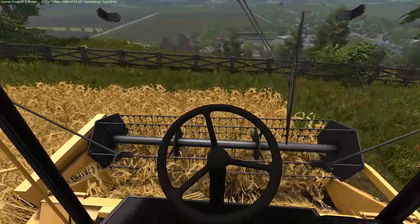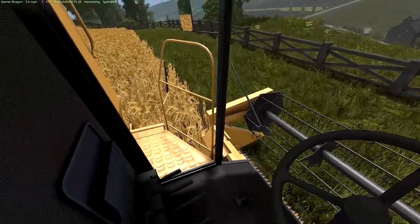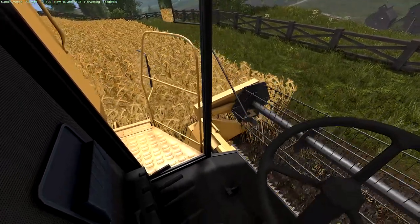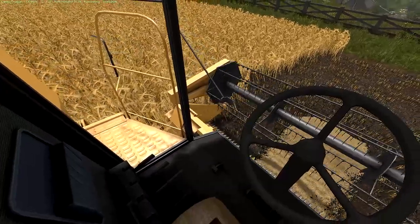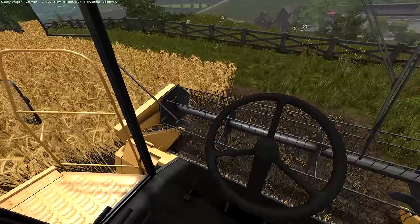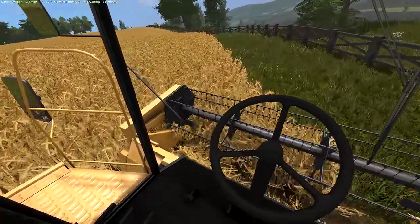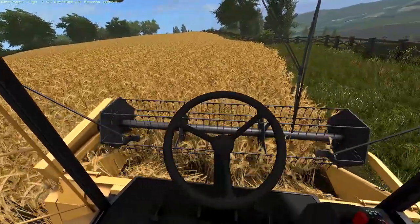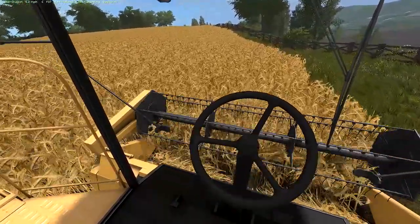I miss too much if I can possibly help it. Right, so we'll come to the end here. Back up a bit. So we are leaving a swath, which is what I was planning on. Oops, I've gone way too far. There we go, awesome. Right, so we can just crack on around the field, and we'll keep an eye on